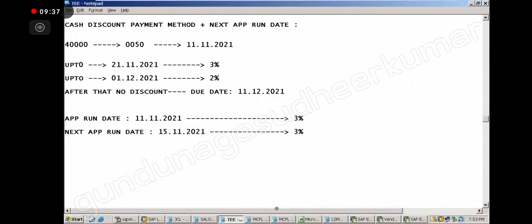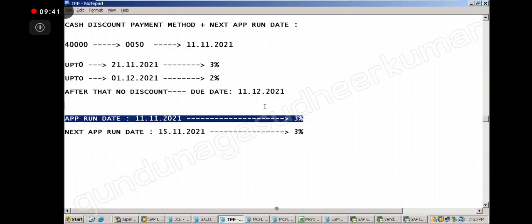So then the point here is, why should we pay today? Correct or not? The system will think like this. The system will think like human beings, right? We are also like that. If I pay today, what is the benefit? If there is no benefit, I will not pay. Let's wait and pay on the last day, right? That is what we human beings do. The same way the system will think.